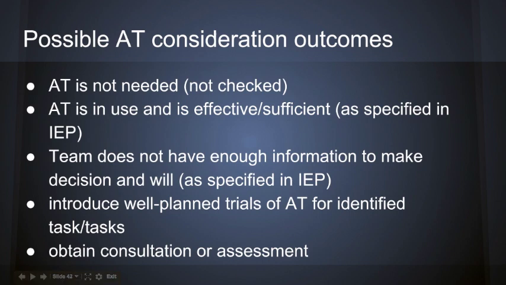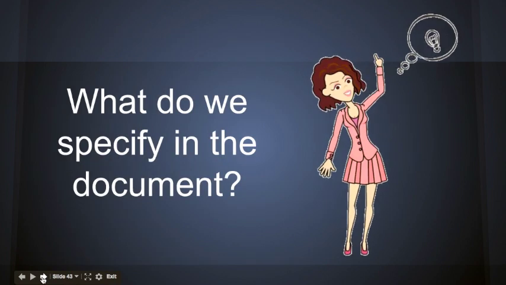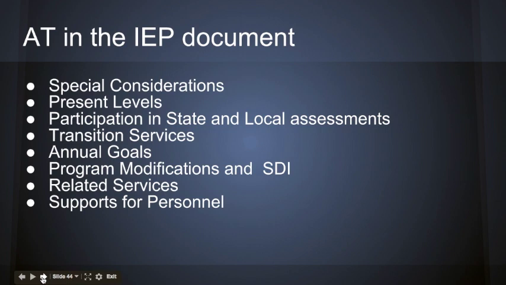And you may also add that you're going to obtain consultation or assessment. Some of this might be in play before you even have done your trial, when you're considering the assistive technology. So what do we specify in the document? Well, under special considerations, we may mark it under present ed levels, participation, state and local assessments, transition services, goals, modifications, related services, supports for personnel. These are all areas where assistive technology may be documented, whether it's in the process part of assistive technology, meaning that you're currently trialing or going through the process of trying to find the appropriate tool, or if you've already found the right tool